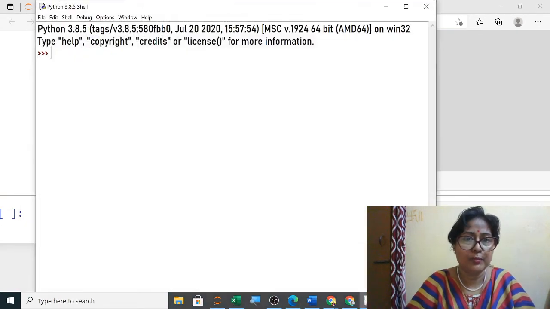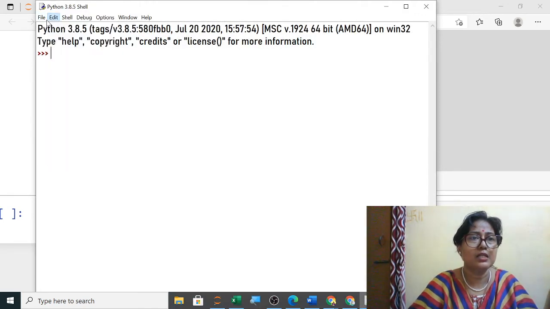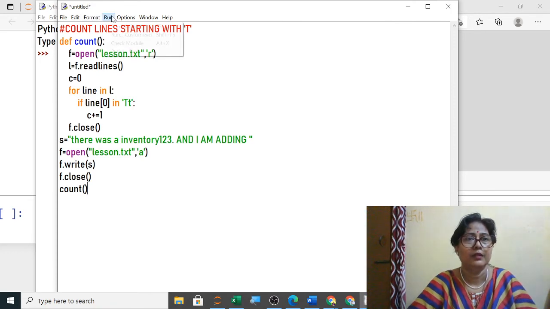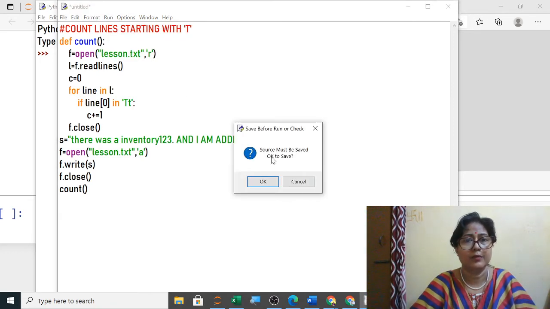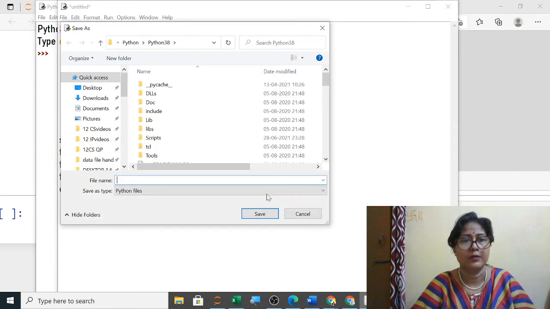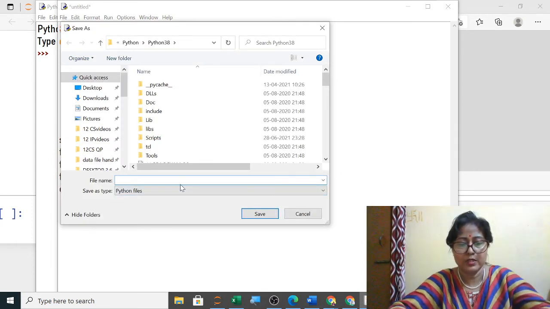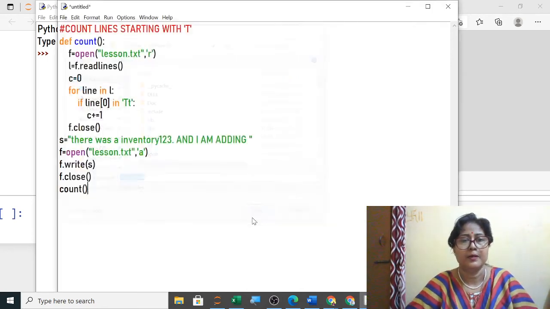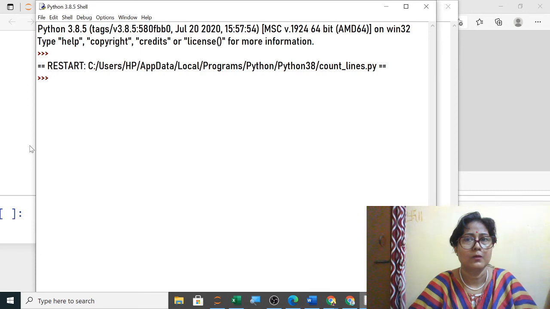So it will show me those lines which are starting with T, and this was counting of lines. Now what happened?